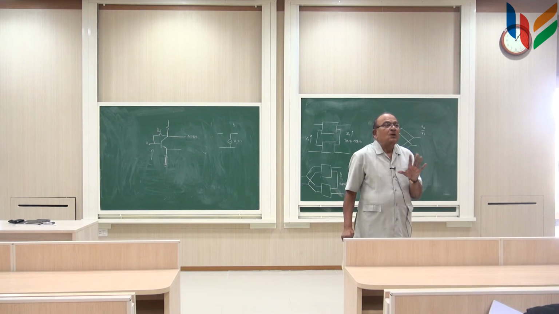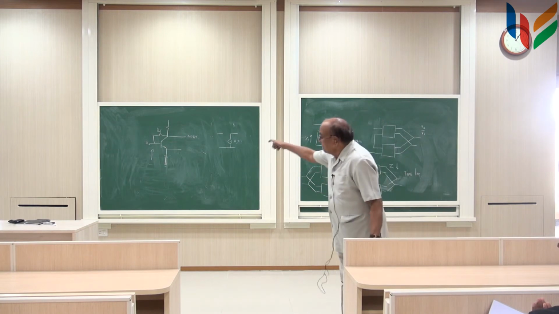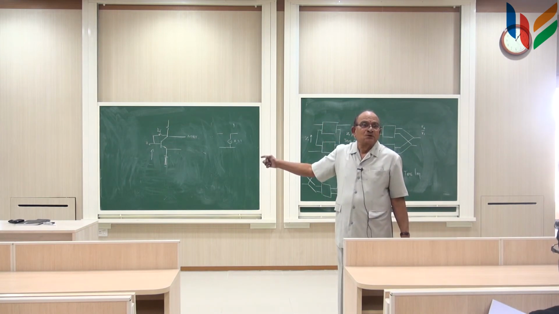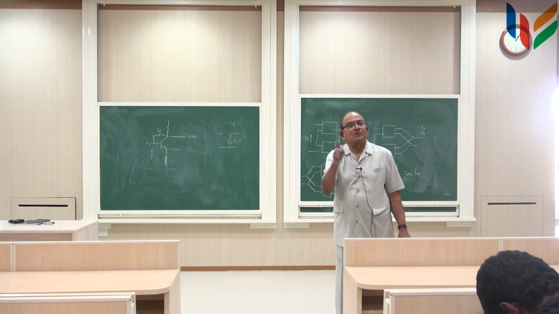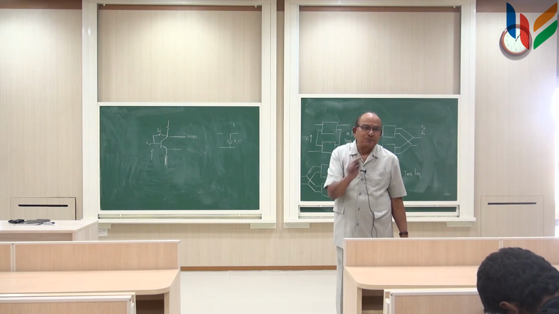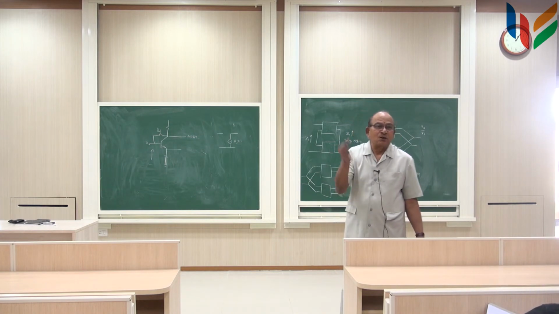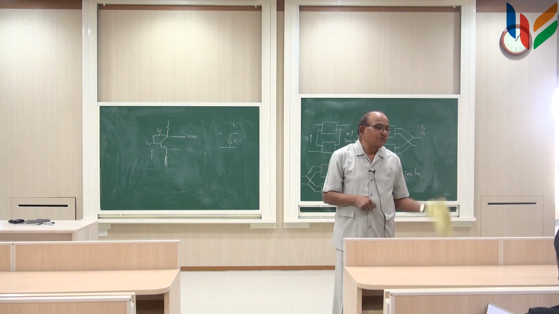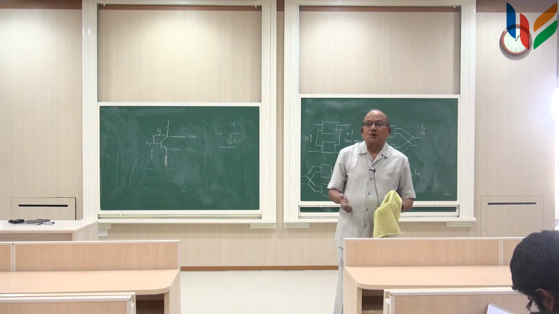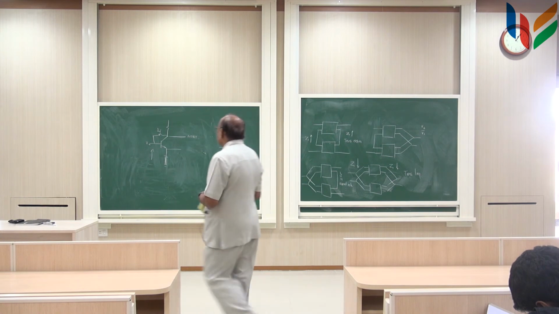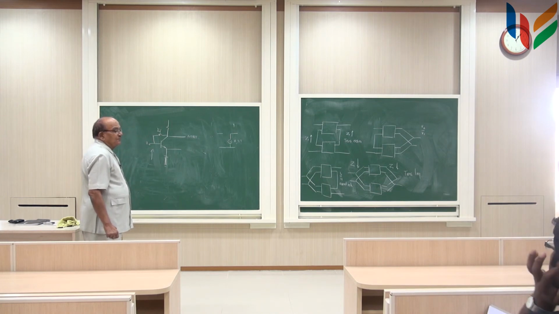Is it clear? One thing you must always remember is you can't go on playing with whatever you want. At the end of the day, that amplifier must be stable. So, by doing all the gimmicks of multiple feedbacks, you must make sure that the network is still stable. So how do you do that? What we said in the last class: either the Routh-Hurwitz criterion, or Bode plots, or something you have to do to find out whether overall, after doing all the tricks of feedback, it still remains a non-oscillating circuit. Okay.